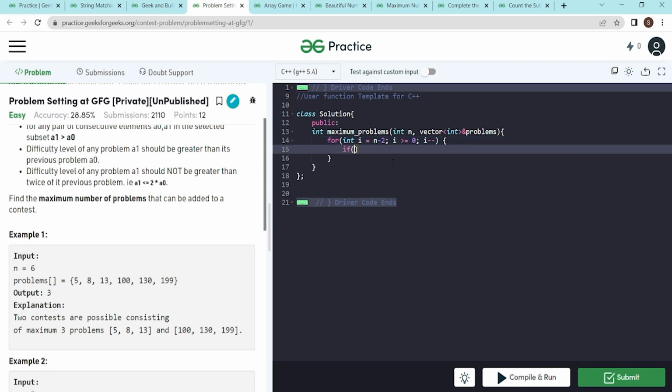So I'll check whether the problem's difficulty level, that is problems of I, is smaller than problems of I plus 1 or not, and if it is, then I'll again check whether the problems of I, that is the smaller element and this is the greater element, the problems of I into 2 must be greater than or equal to problems of